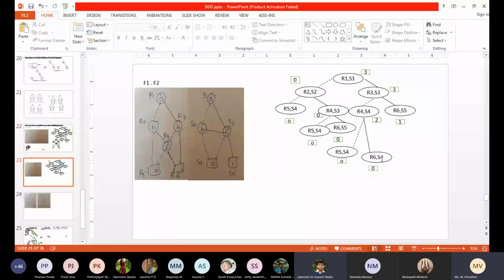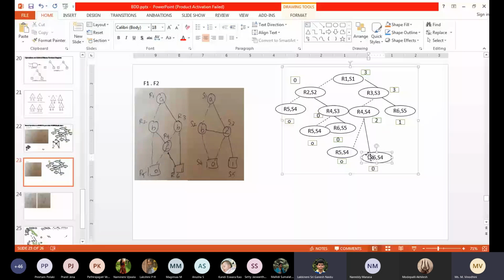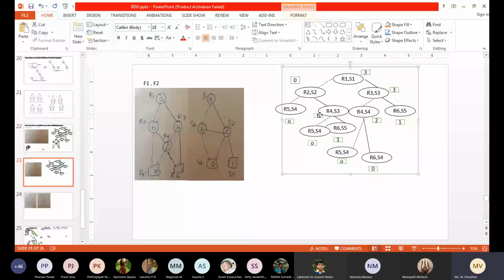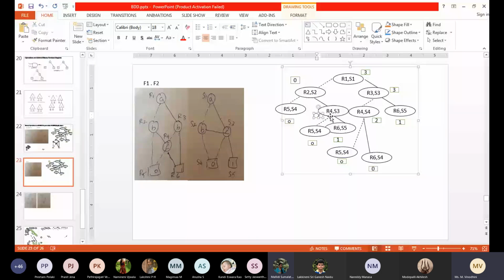Are you asking about this one? No, ma'am, down to R4 S3 from the left side, where R6 S5 is there. This one is 1. If this is 1, this will be 2, ma'am. And if this is 2, 3, ma'am. R2 S2 is 3. Okay. Now these two are 0. So this will be